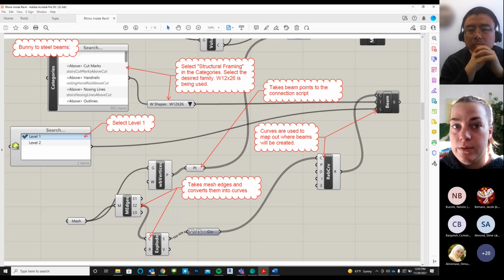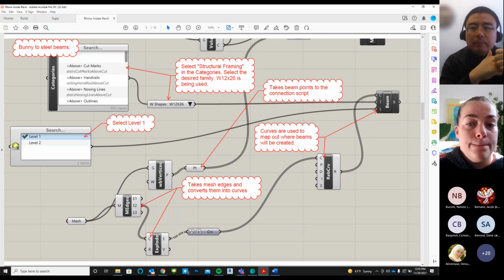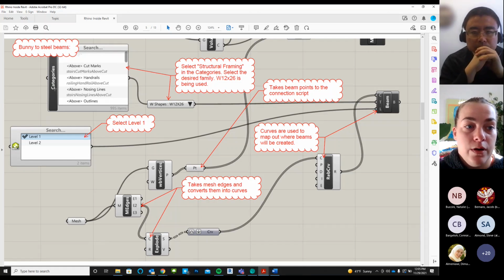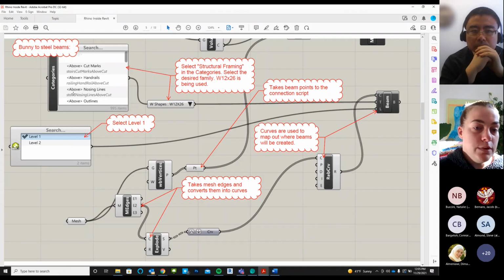I don't know if you can see my mouse. Yes. So to select the Revit item, it's set up how, if you're familiar with Revit, a lot of the families are first built out of categories. So if you scroll through this, and you'll see it in the tutorial, I scroll down in this search box and find structural framing. That's what I wanted to make the bunny out of. And then in this drop down button right here with the W shapes,